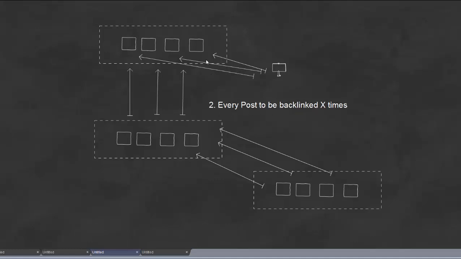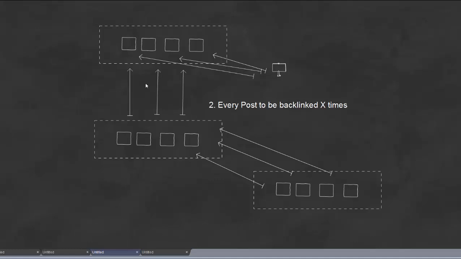Because the number of posts will be multiplied. Let's say 10 times here, and 5 times every link on tier 1 is backlinked from tier 2. That will be 5 times the posts, and if we do another 5 times on tier 3, it will be 5 times tier 2. So you can do the math. It will be growing like a snowball.